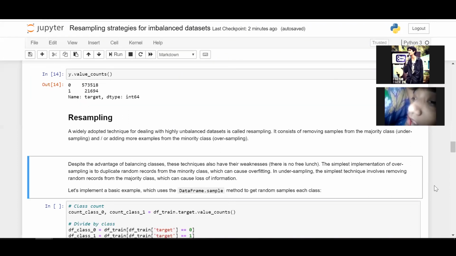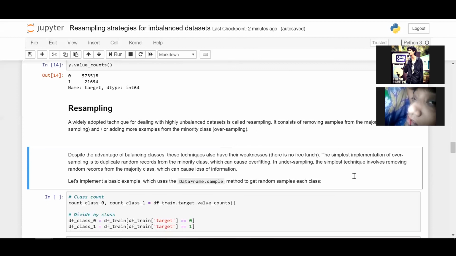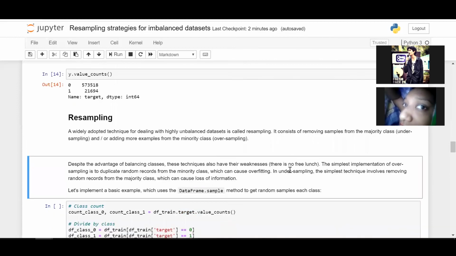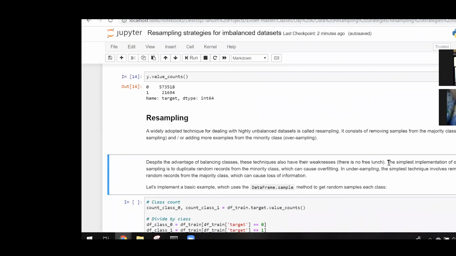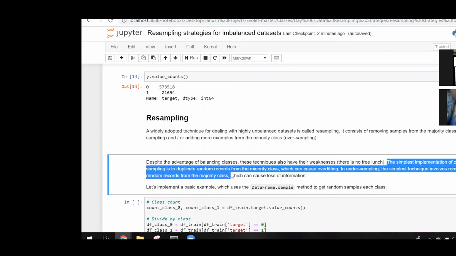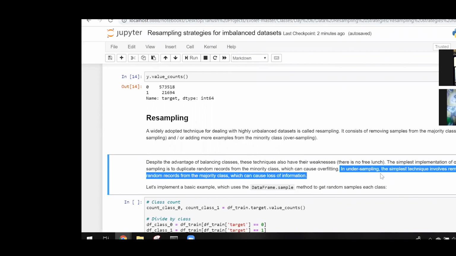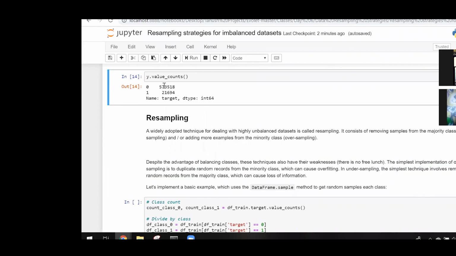Although there are advantages to balancing classes, these techniques can also have weaknesses. Some techniques are really good and some are not so good. The best example is oversampling, in which we duplicate random records from the minority class, which can cause overfitting. In undersampling, the simplest technique involves removing random records from the majority class, which can cause loss of information.